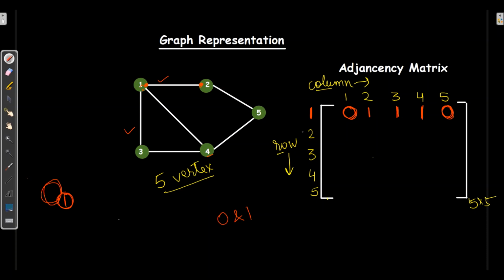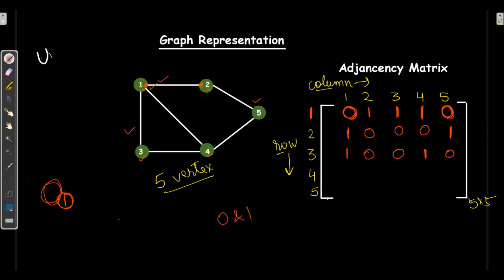Now we will see for 2. 2 is attached with 1 and 5. So for 1 and 5 I will put 1 and rest I will make 0. Then for 3, 3 is attached with 1 and 4. So 1 and 4, rest I will put 0.